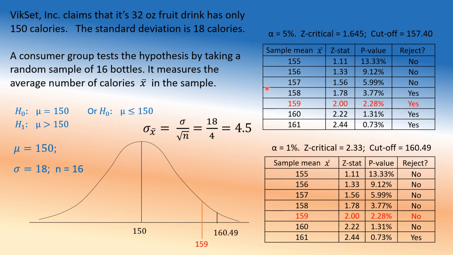Now, the players change. Instead of a normal distribution, you may have a t-distribution. You may have an F distribution. Instead of a mean, you may have a proportion. You may have a variance. But the idea of p-values, alphas, etc. is always the same. When to reject, when not to reject, is always the same. The p-value does not change. It always stays here. Alpha is what you decide here and there. If you fall in the rejection region, you reject. Otherwise, you don't reject. So this is all for this video.